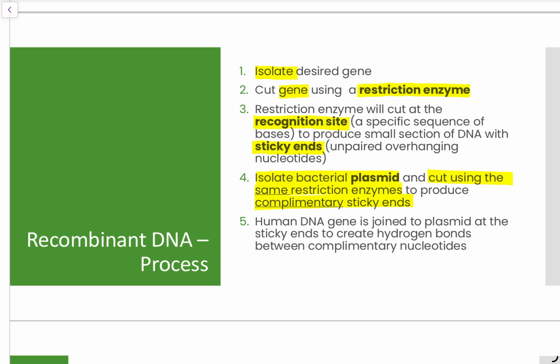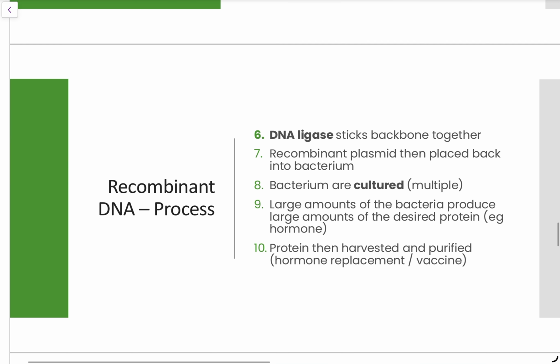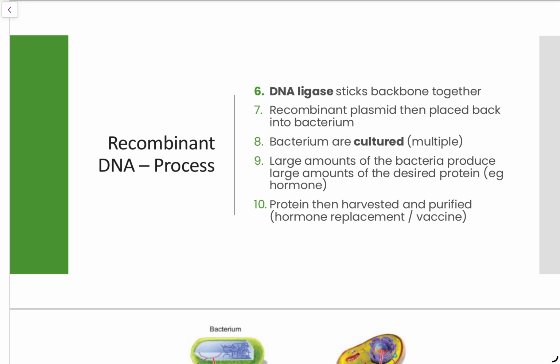Now, the human DNA gene is then going to be joined at the sticky ends to develop those hydrogen bonds between the complementary nucleotides. And what we're going to end up with at the end of this is some recombinant DNA. So, the DNA ligase is going to stick the backbone together, recombinant plasmid, where we've reintroduced our recombinant DNA,